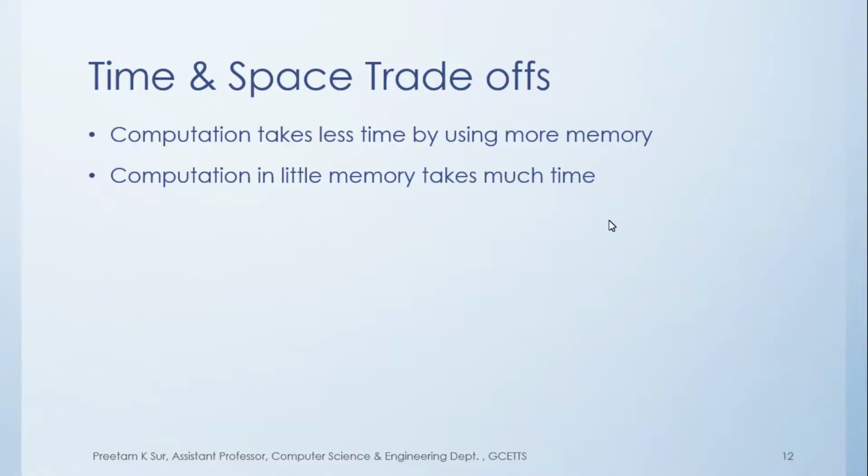So let us see some examples to understand this idea. The first example that we are going to see is the sieve of Eratosthenes, for the primality test. Many of you know this concept, but many of you may not. So if I give you a number and ask you to write an algorithm to check whether the given number is prime or not,